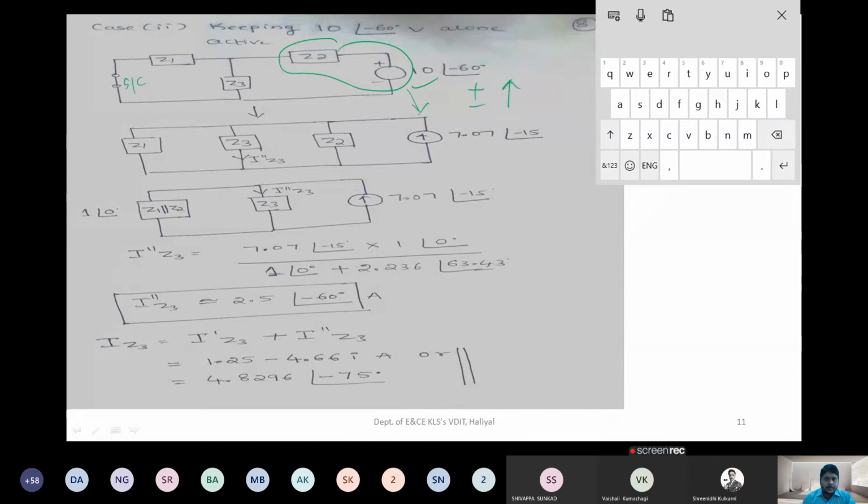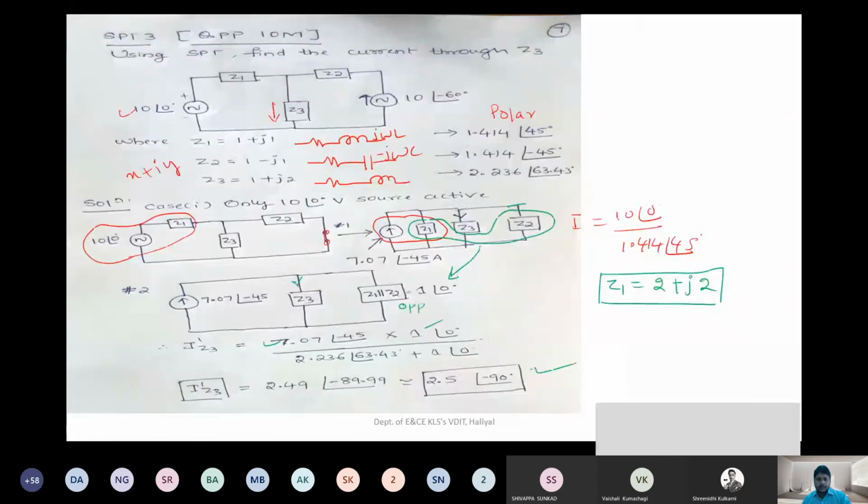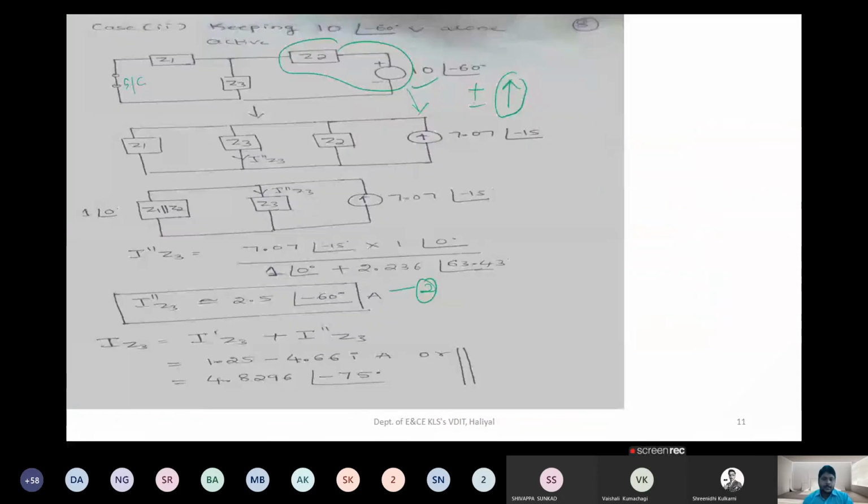If it is there, the current source will be like this. Then what you get is this equivalent circuit. Then similarly, applying the current division method again, you get the same result. I double prime is this. If you add these two results, this one as equation 1 and that as equation 2, then